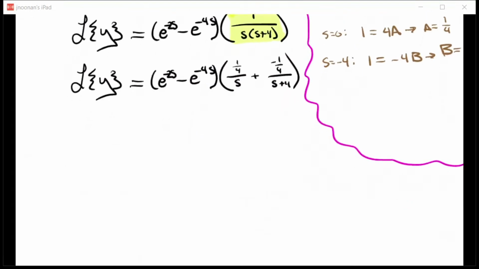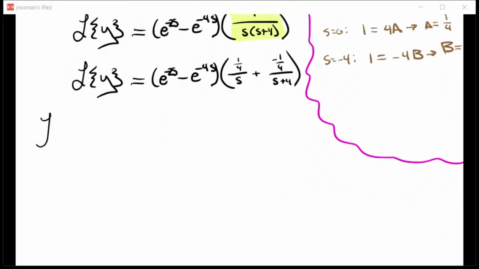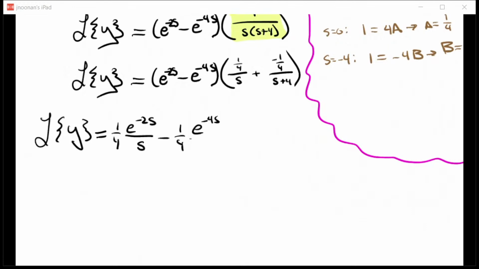So I've got 1/4 e to the negative 2s over s, minus 1/4 e to the negative 4s over s, minus 1/4 e to the negative 2s over s plus 4,